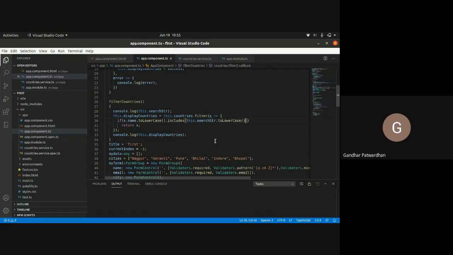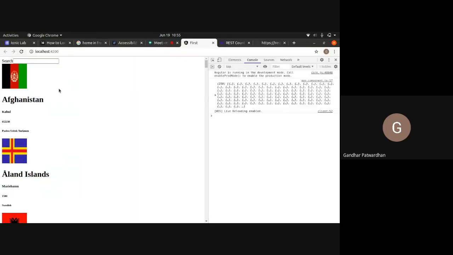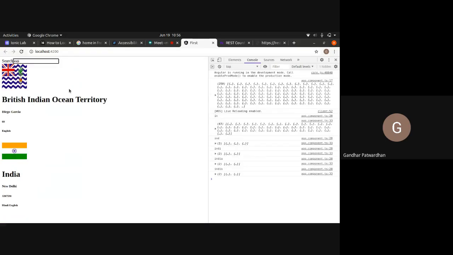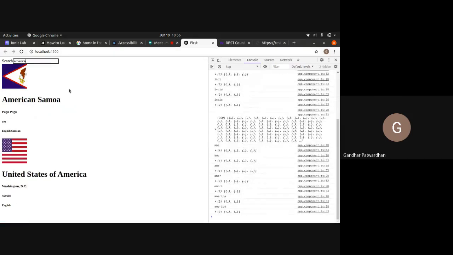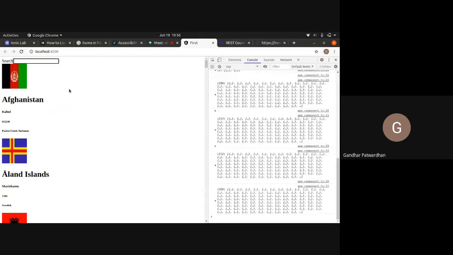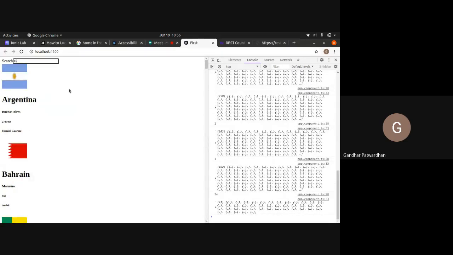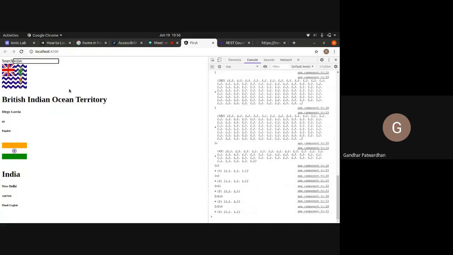Now what it would do is it will change all the names to lowercase, and it will search. This is only for search purpose. In display, we are still displaying whatever actual value it is. Now let us try this. If I say INDIA, I get India. If I say America, I get America, irrespective of howsoever I type it. If I say capital I, N, capital D, small I, capital A, still I get India.